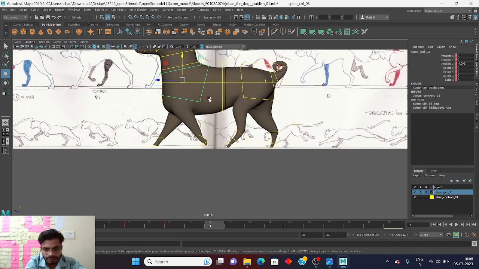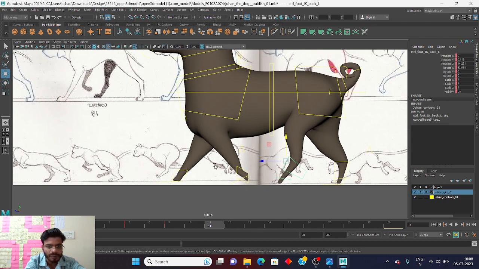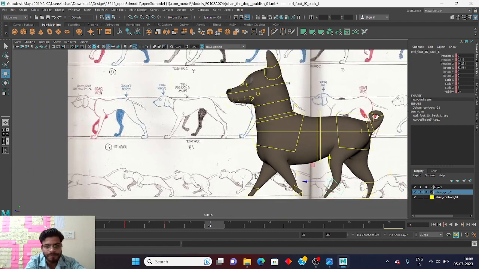So we are not going to change more for that, but this leg